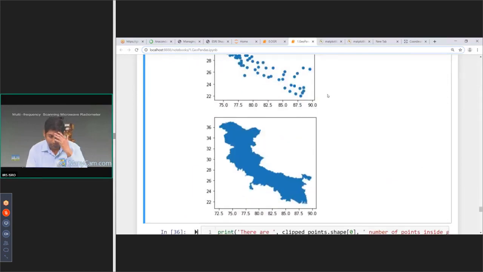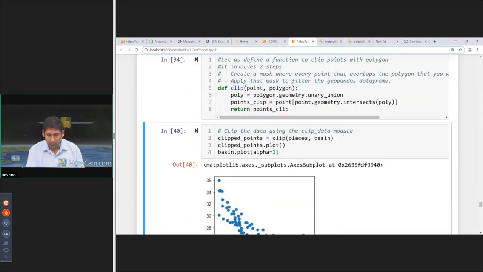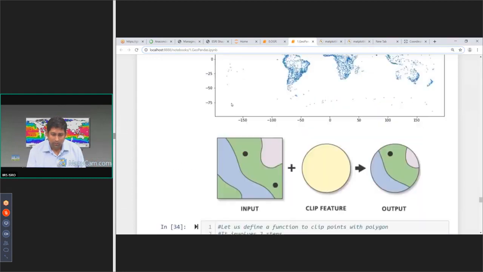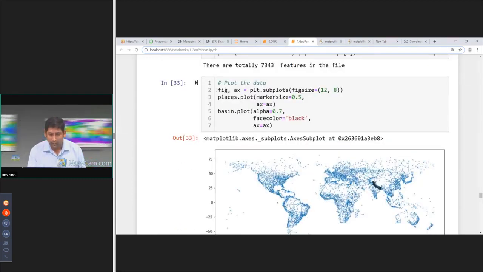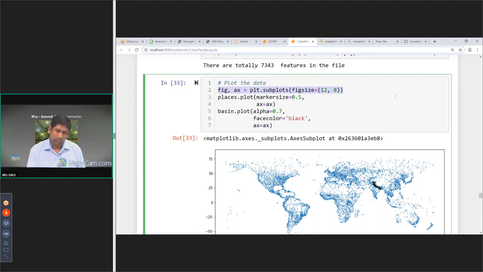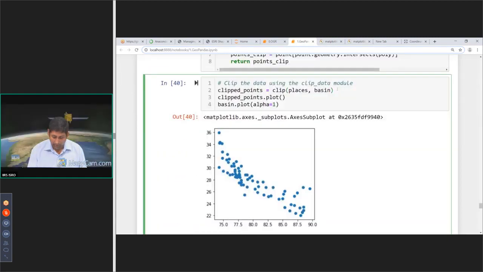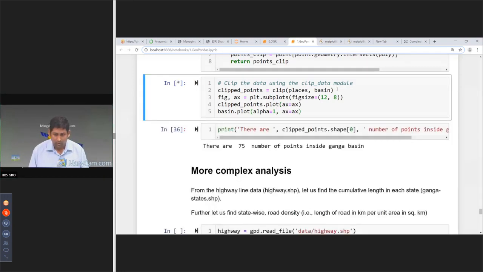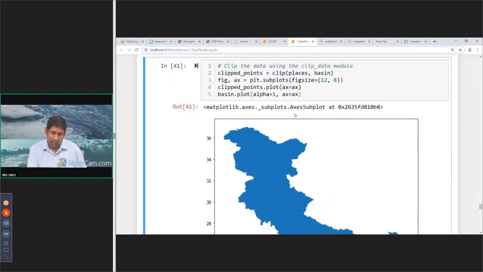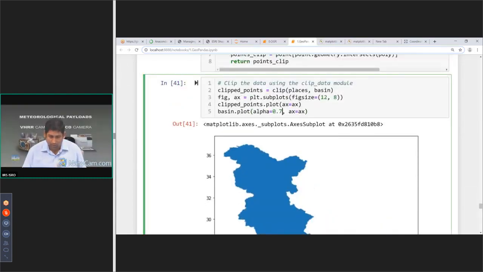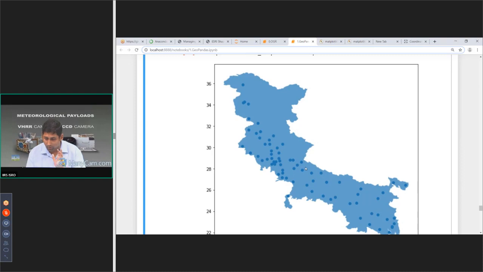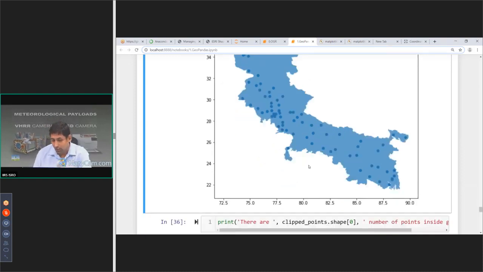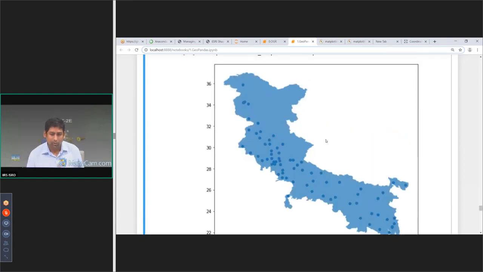Okay, it's printing separately. You have to create an access provided to both of them. Let's create an access, then provide the access to both of them. And now you have to make this transparent so that it is visible. So now what it is doing, it is simply clipping out features from a very large layer for the region